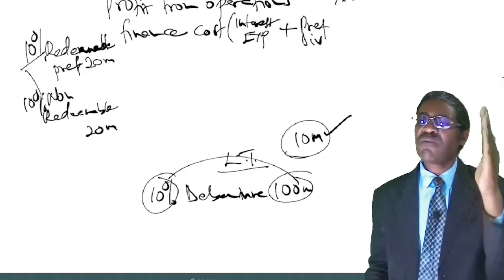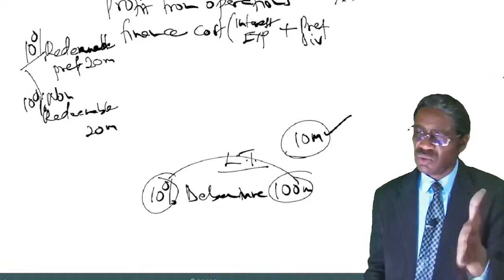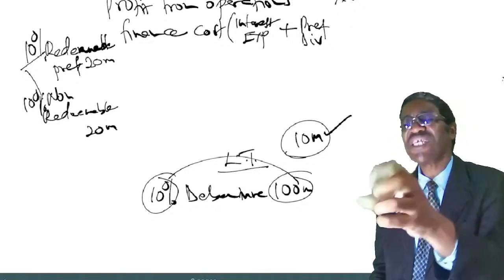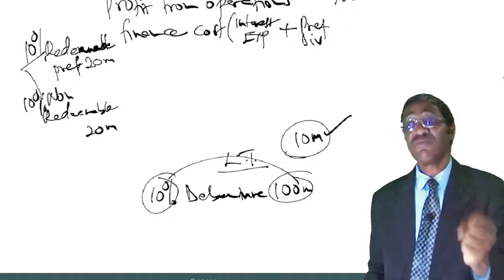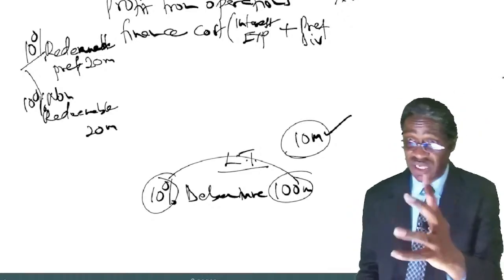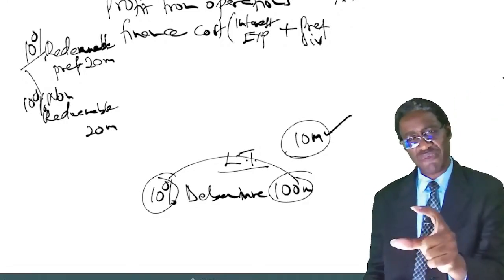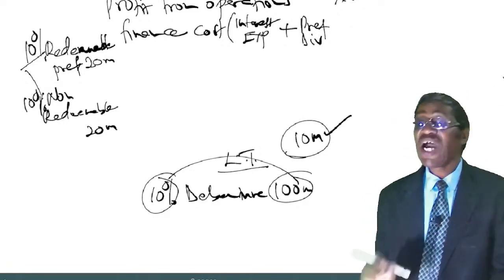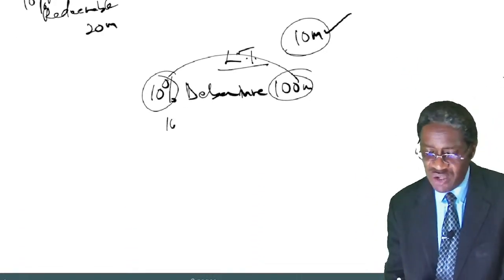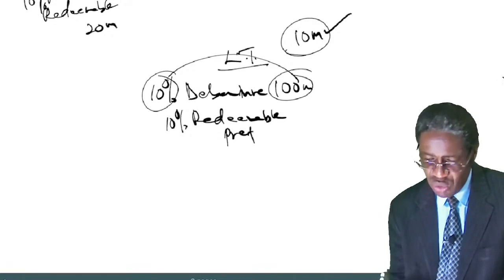Why? Because the moment you issued these preference shares, you must have told your shareholders that one time in the future, I will redeem them. In other words, I'll buy them back. I'll give you back your capital and give me back my certificate. So if you issue redeemable preference shares, you have to consider them as a long-term liability, together with the debentures, that's where you will take your 10% redeemable preference share,